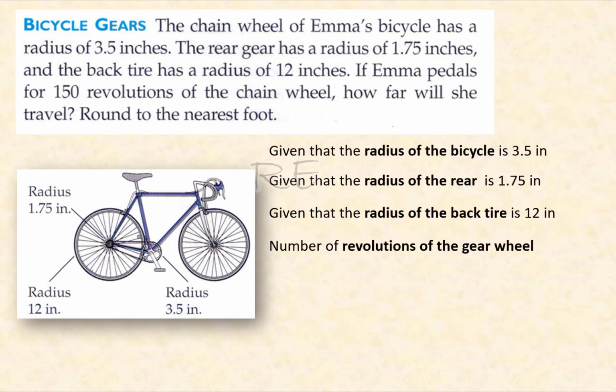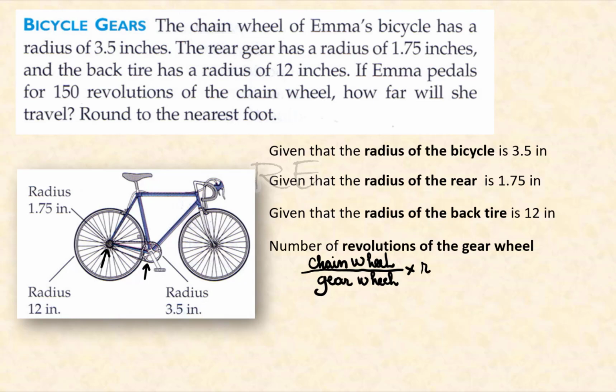Now, the number of revolutions of the gear wheel, because we're transmitting power, is equal to the radius of the chain wheel, 3.5 inches, divided by the radius of the gear wheel